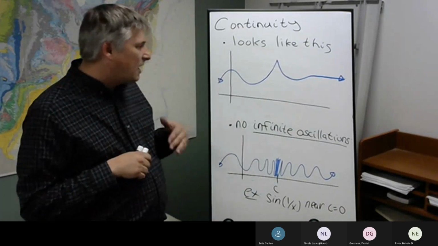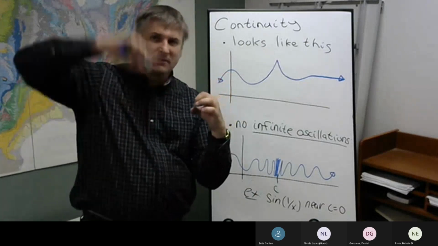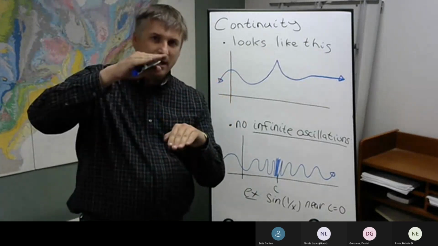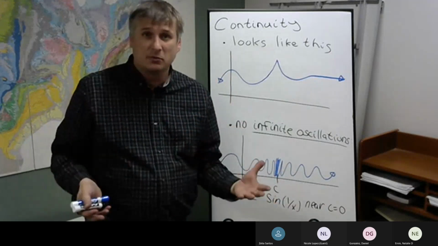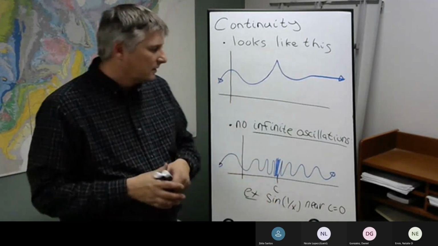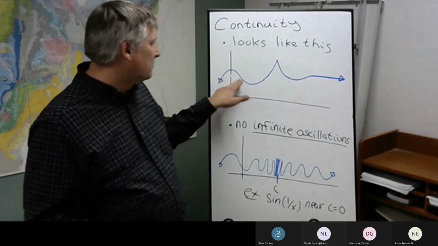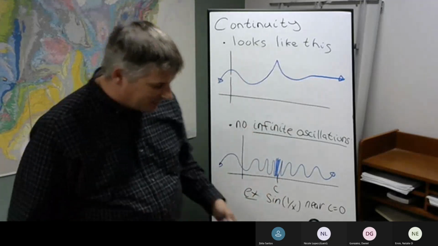So no infinite oscillations. There's no particular point that's sending the function to infinity. There are no jumps or gaps, and there are no so-called removable points or points that have been removed, like a hole. Those are all discontinuities. And when we don't have those, we're going to get something that's going to be continuous. Now,